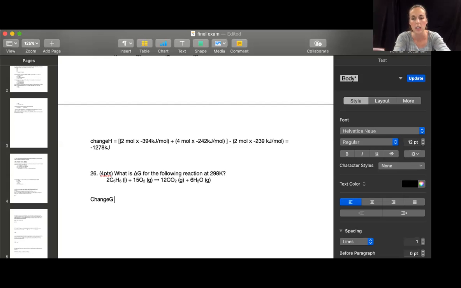So change in G equals, and remember I'm going to add up my products and then subtract all of my reactants added together. Again, we have an O2, so we don't have to worry about that one. So let's go ahead and start first with the